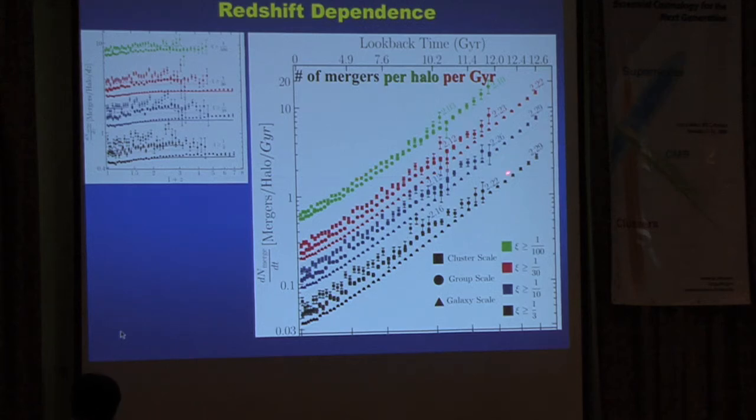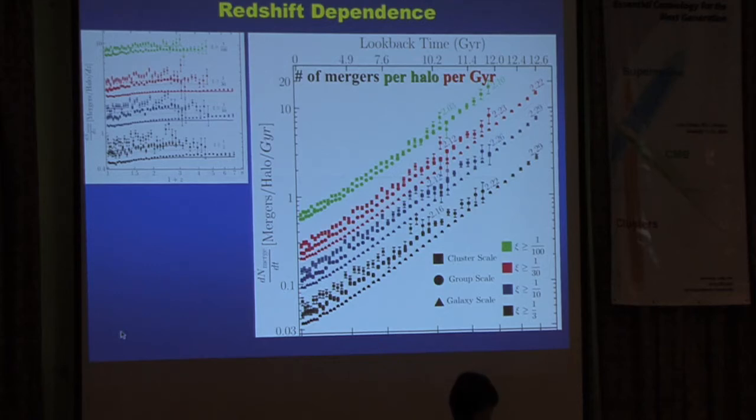And here, these numbers are the rough power law approximation for major mergers, minor mergers, and for each of the mass bins we had. The power law comes out between 2 and 2.3, with a slight inflection here, where it seems to be slowing, deviating from a power law a little bit at late times. We're not sure if this is because lambda is kicking in or not. So this is the merger rate per gigayear.